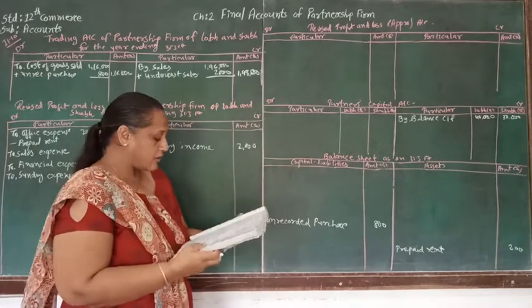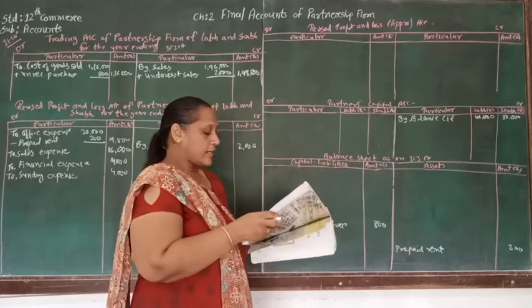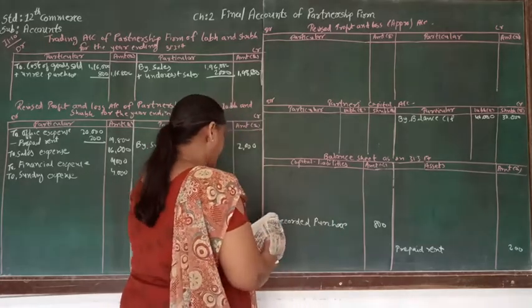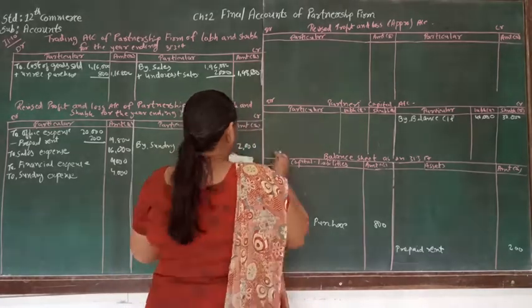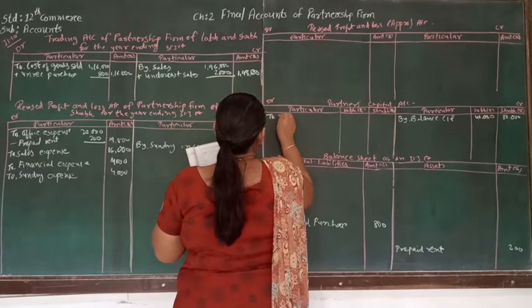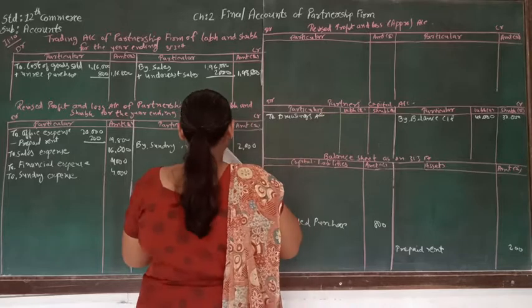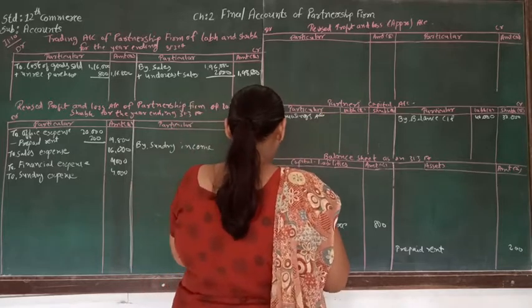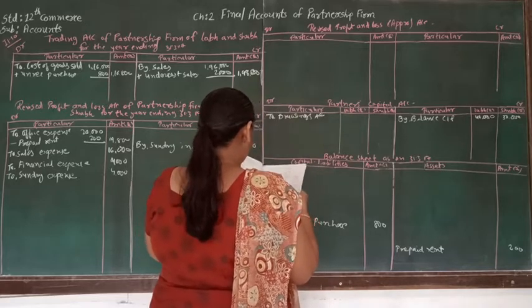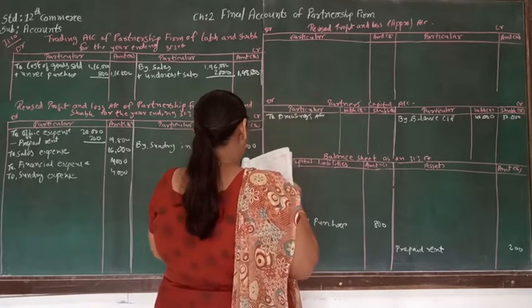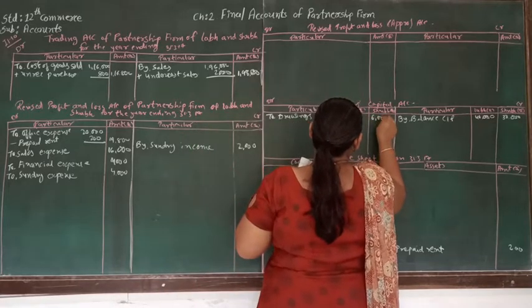In the balance sheet, we have already written the capital. After capital, let's see the next account, the drawing account. Drawing is supposed to be written on the debit side of the capital account. So let's do that, to drawing account. Drawing is given to us, that is 12,000 and 6,000. 12,000 for Labh and 6,000 for Shubh. So let's write that 12,000 and 6,000.